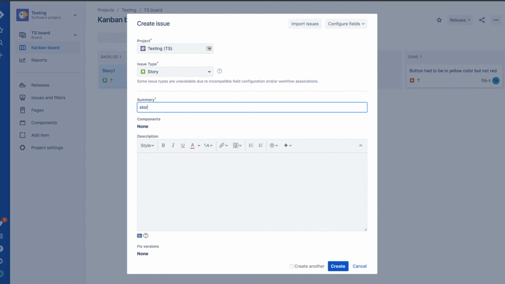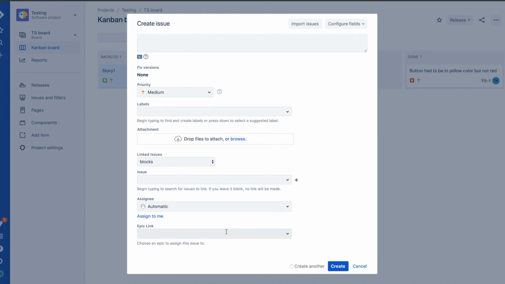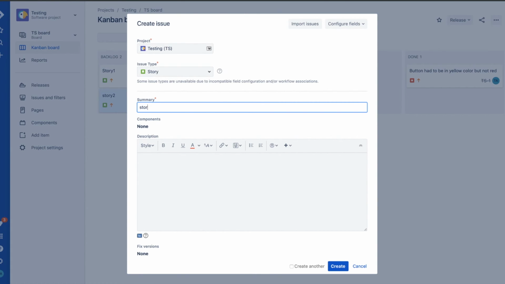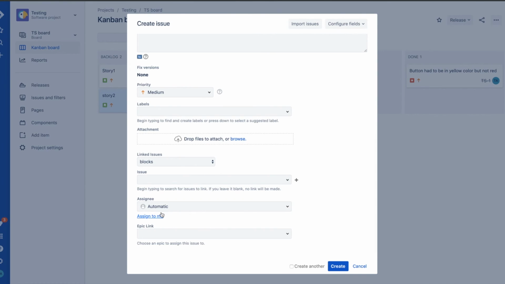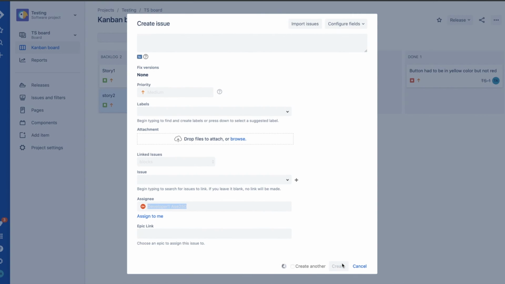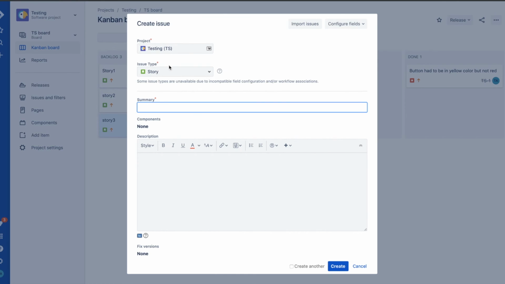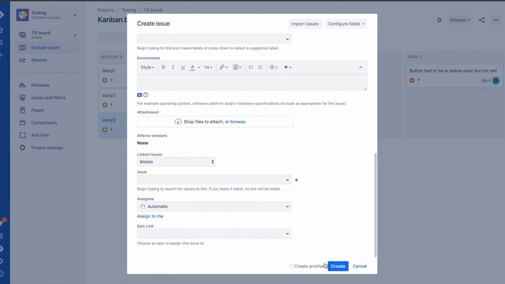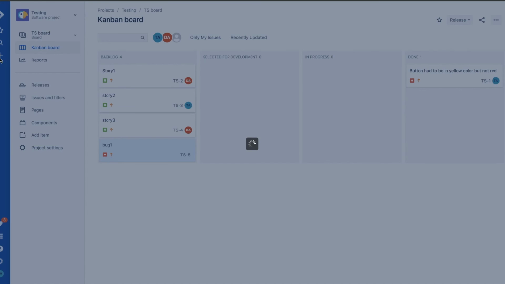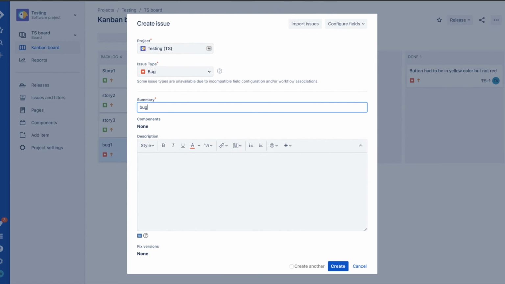And let me create a story 2, and let me leave the description empty and assign it to tester. Story 3, assign to developer, and let me create a few other bugs. Bug 1, let me not assign to anybody. Bug 2,